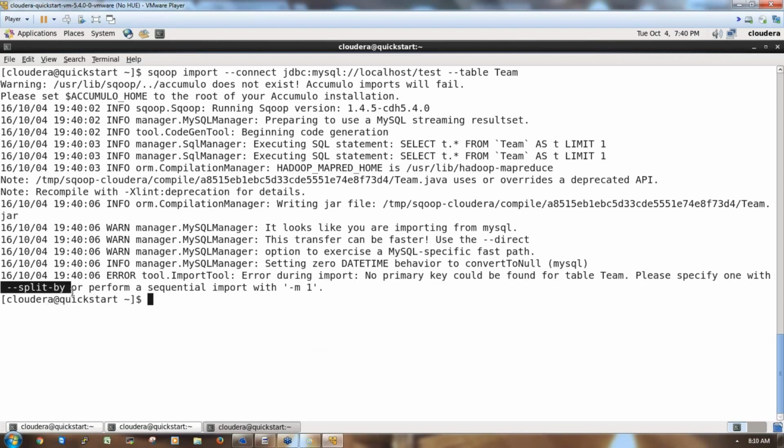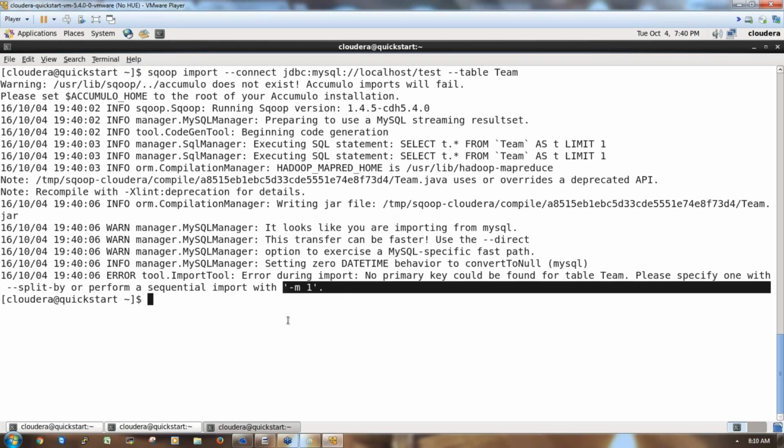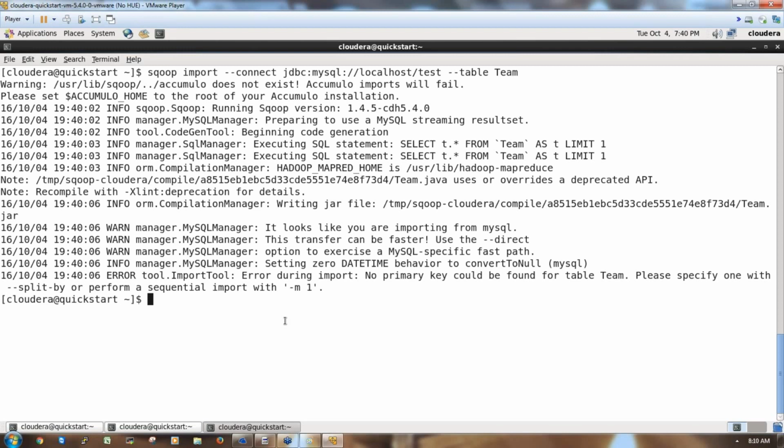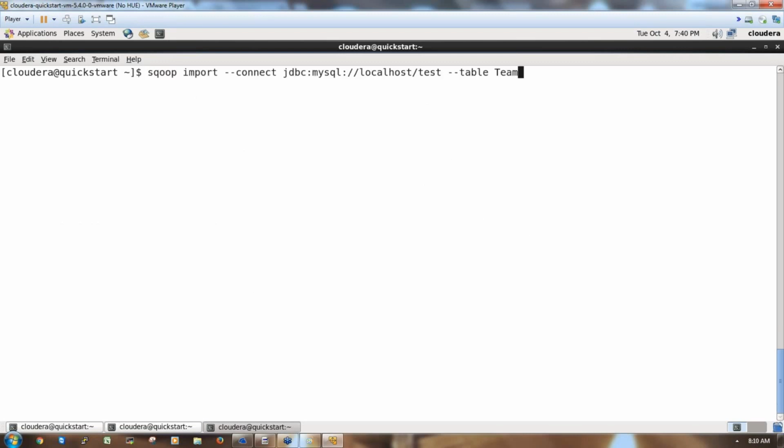So either use split-by to use multiple mappers to import the data, or use one mapper. It's mandatory: if the table does not have a primary key, we have to use one mapper.